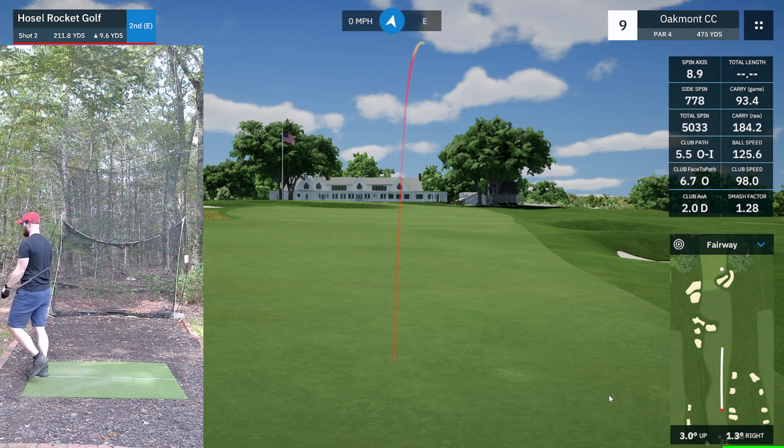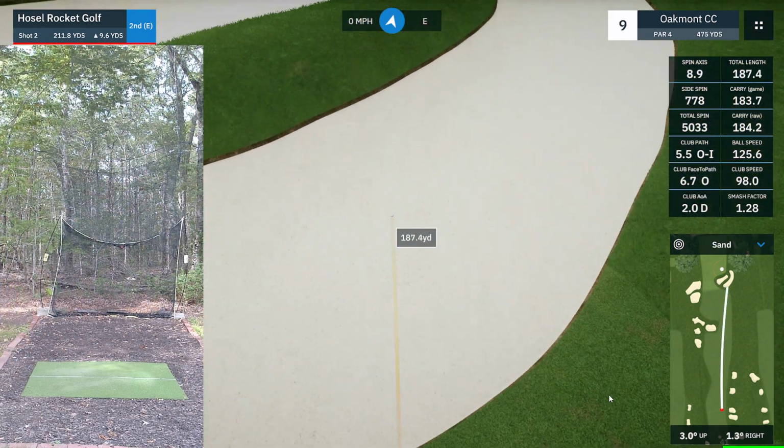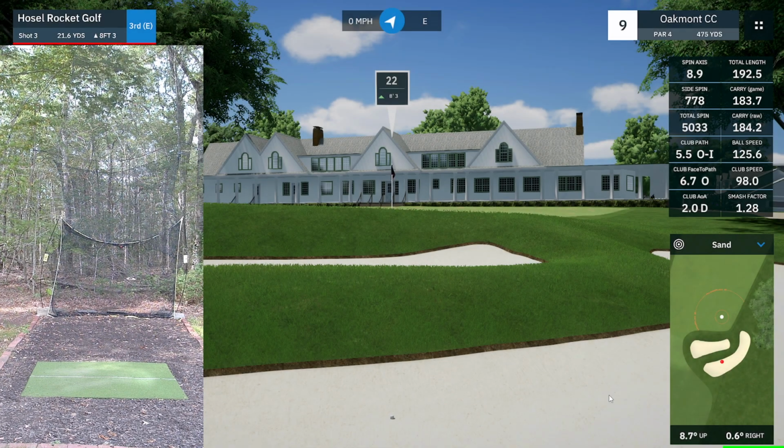Chunked it pretty bad, and it was off the heel. Short right into that bunker that I didn't want to be in that we were talking about, but we can get up and down from here to save par if we get inside the inner circle. Granted, we're short-sided, and there are 2 bunkers here. I would still consider this a greenside bunker, despite not being the closest one to the green, so I think I'm going to play it